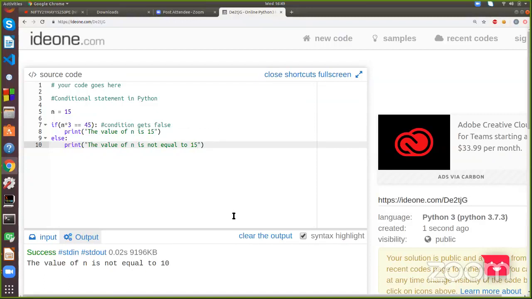Okay, now tell me the output of this. What will be the output? Tell me the output of this block of code.